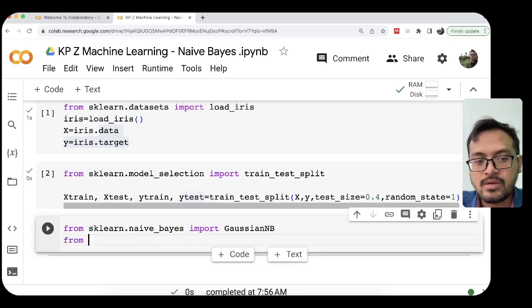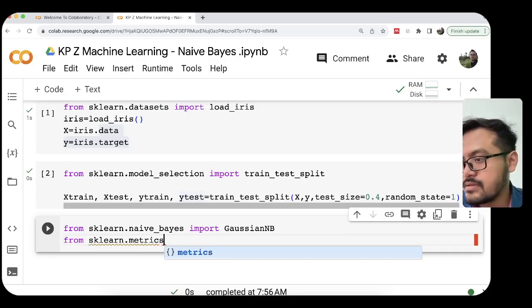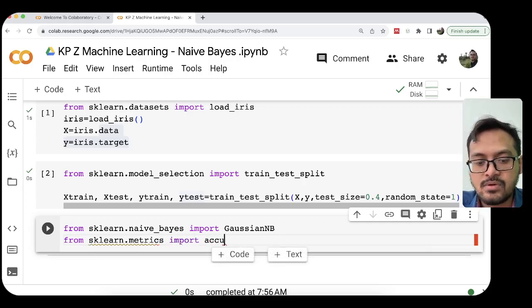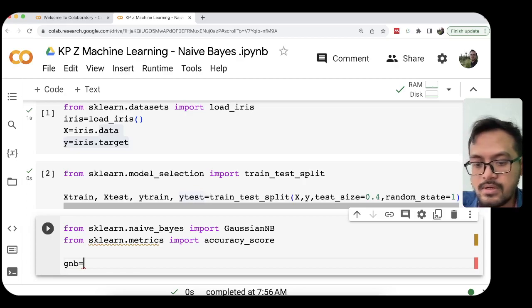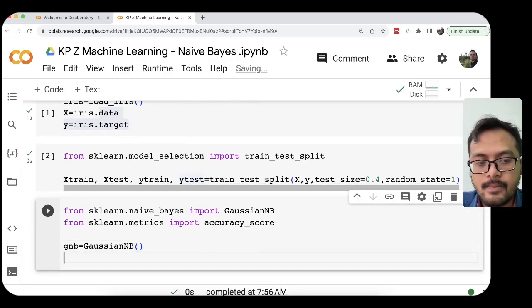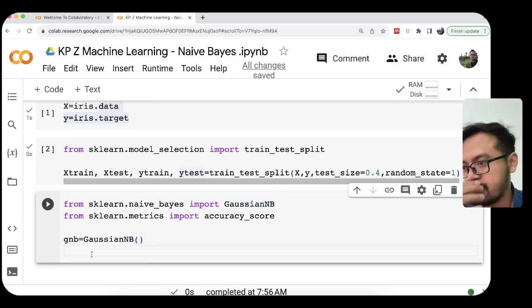Then we also import sklearn.metrics for assessing the performance of our Gaussian naive Bayes, and we use accuracy_score. And gnb equal GaussianNB, a variable for getting the model.